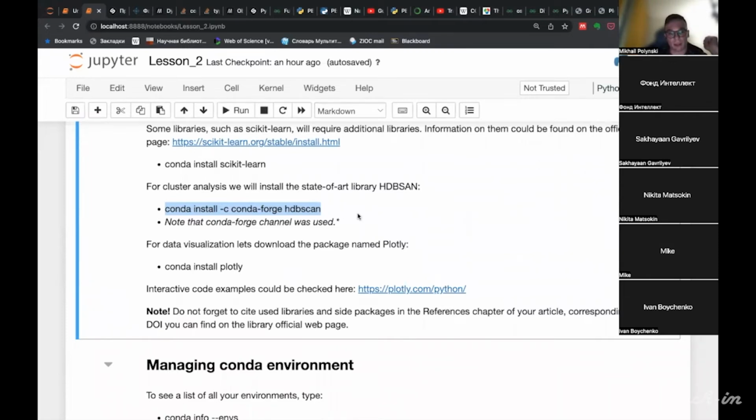Well, in fact, within Anaconda, you can use many channels from which different programmers or companies or programmer communities provide packages.